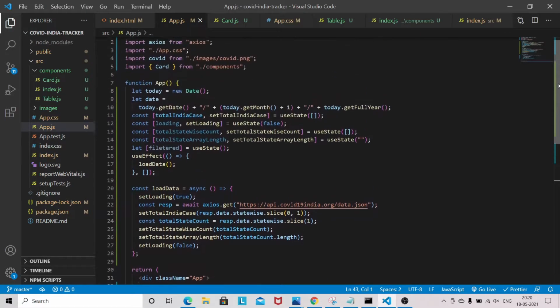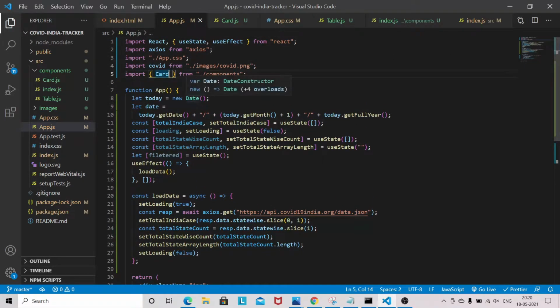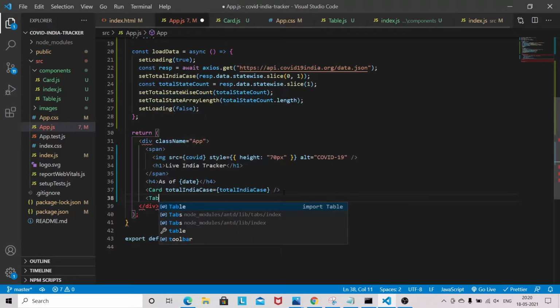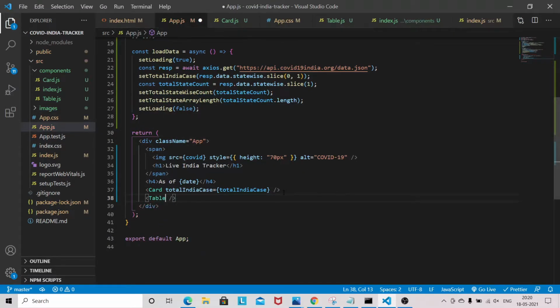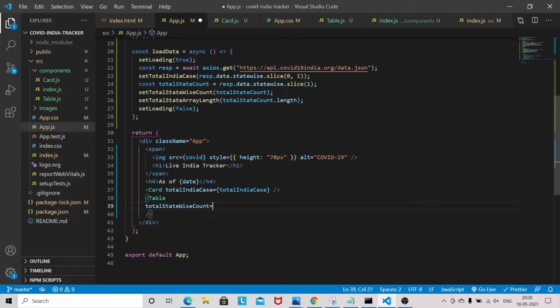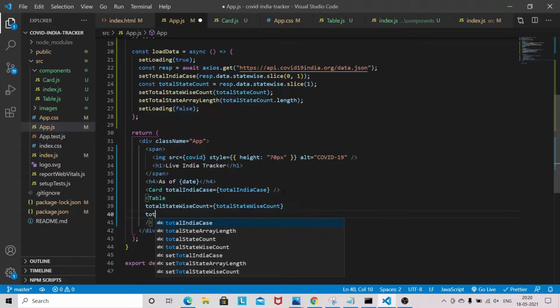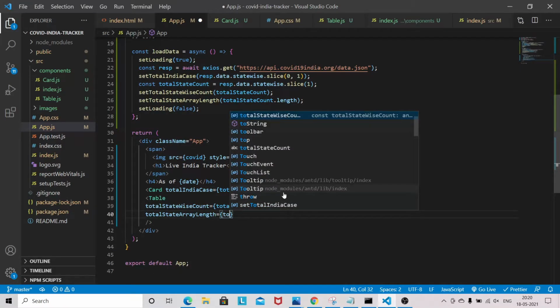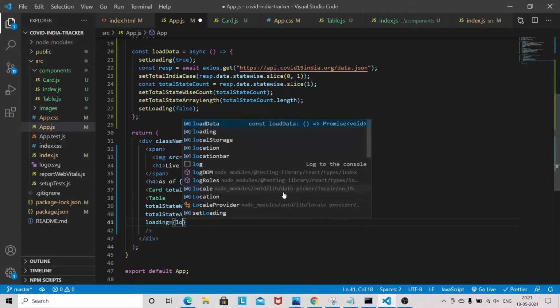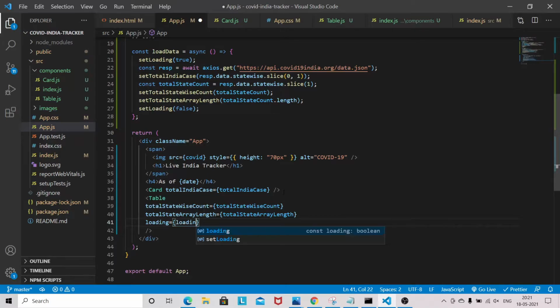Now we need to import that table component. From props we have to send total state wise count, total state array length, and loading.